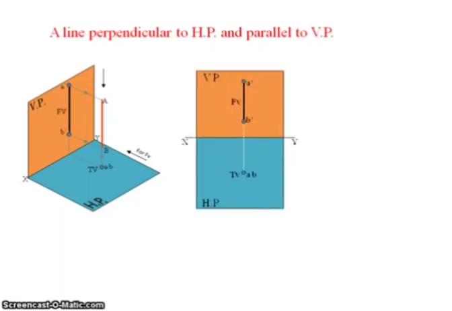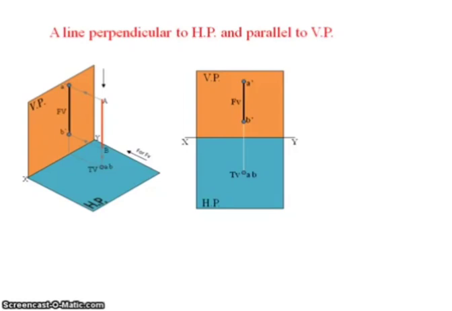After rotating the horizontal plane straight to the vertical plane, the front view is a straight line with true length, and in the top view we can see only the dot, that is a comma b. And from the XY reference line I have taken certain distances: a certain distance above the horizontal plane, and a certain distance in front of the vertical plane. In the question, they will give the conditions and the distances, then we can draw easily.